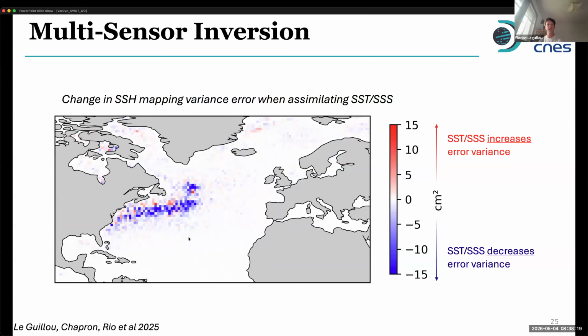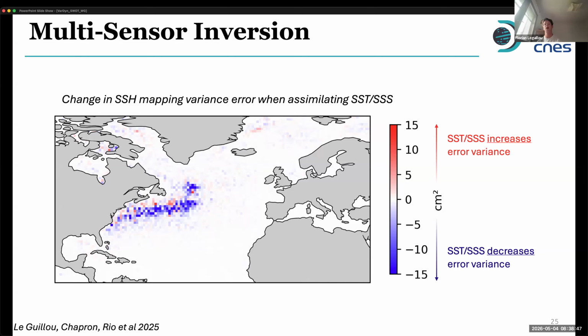This is just a test in the Gulf Stream region, in the North Atlantic, and it shows the improved performances in blue when we assimilate sea surface temperature and salinity for the reconstruction of sea surface height. It's a bit red also, so I think there is some tuning to do, but we are still happy to see that we